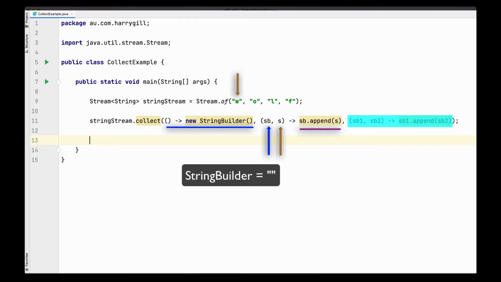We go into the body, we do stringBuilder.append(W), and now we get a W. Now when the second element, O in our case, is produced, since we already have the string builder, we wouldn't be getting a new one. So that same string builder that we produced in the previous step is being passed as the first argument of the BiConsumer, and the value of s will be O. And when the body runs, now we already have a string builder with the value W, and now O is appended to it. So now we have W and O in the string builder,